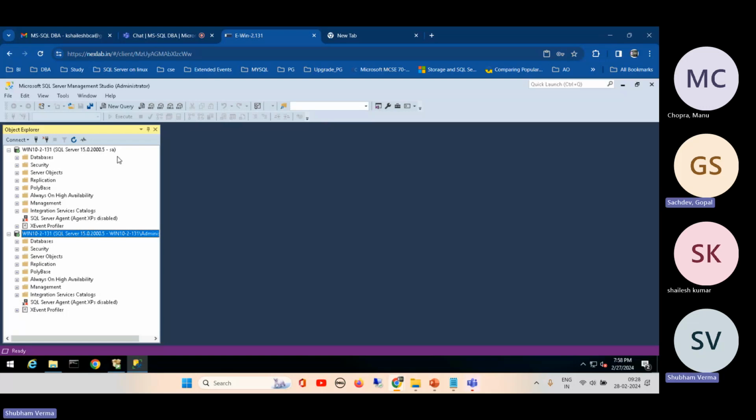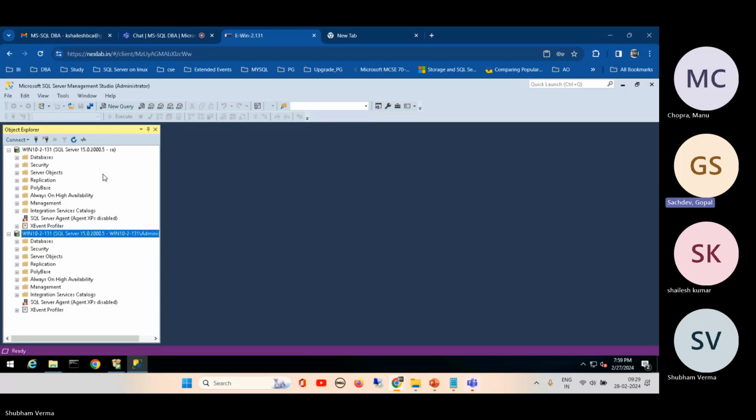What is it, all SQL users? Yes, SQL users. My question is, let's say all users are coming from Active Directory, so it's a Windows account. Once he selects Windows, he doesn't need to give a password or anything. So still we need to